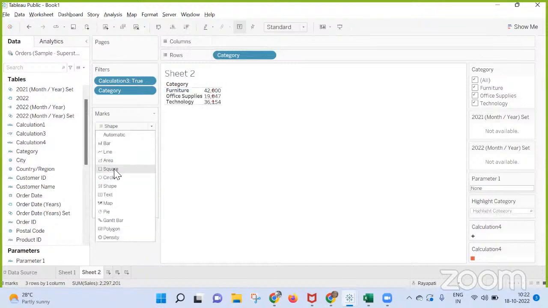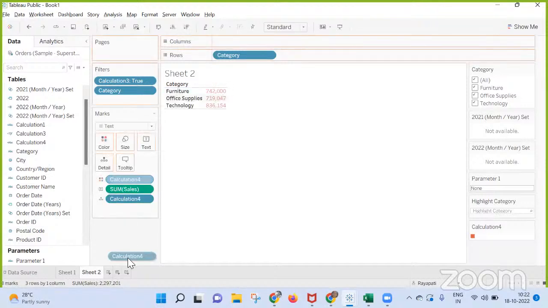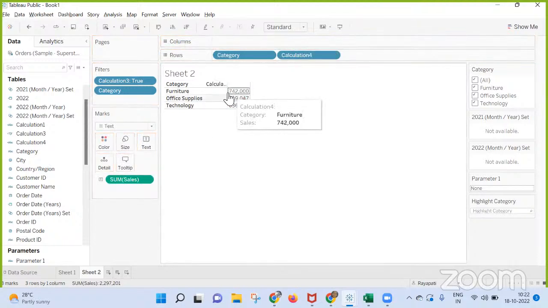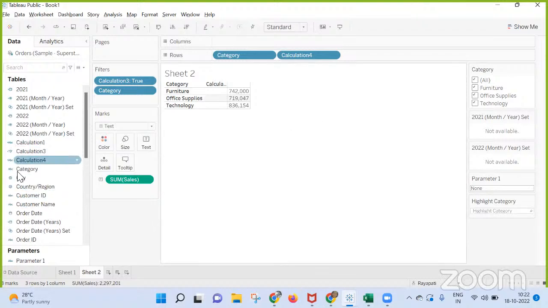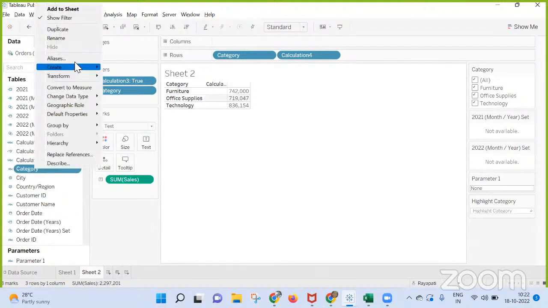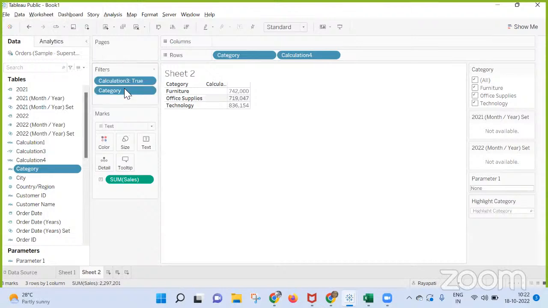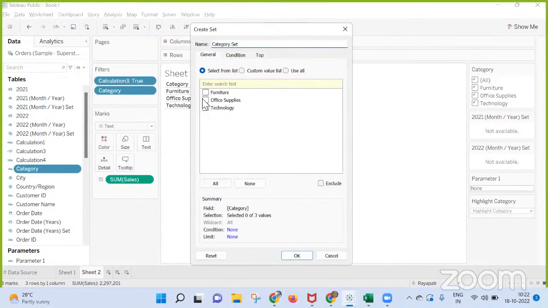Let me convert this to text. I don't want this shape also. I'm bringing the calculation in here. Now it is blank, right? Someone selects some furniture, you get the image. Again, you'll get the measure value as well. But it is possible for multi-selection, like if somebody selects furniture and office supplies. Then, rather than using a parameter, go for a set. Like category, create, set, and in this set, okay,